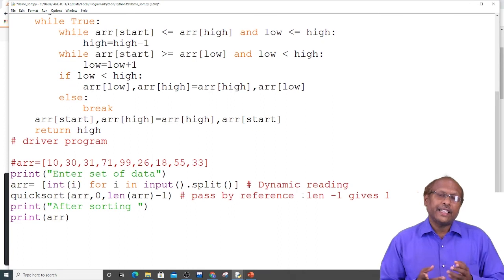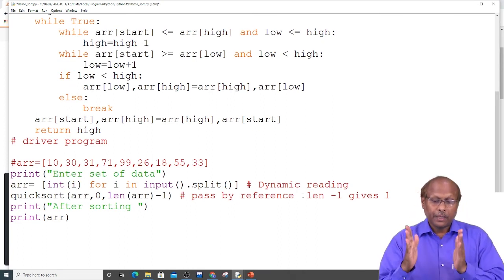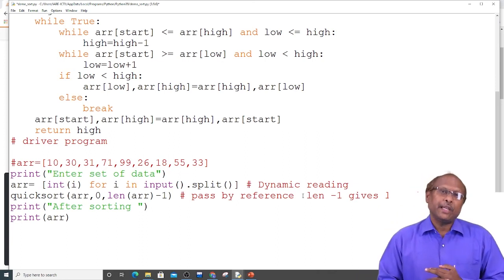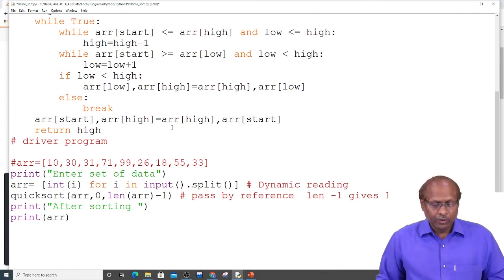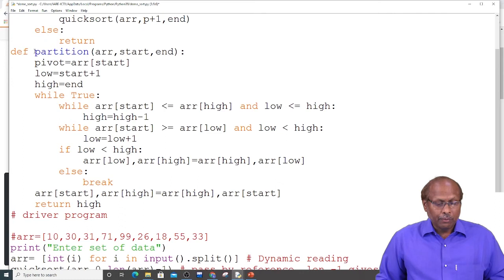So after getting the last index, you can start the process, because you have to go from 0 till the end. But if I give the exact length, it will go out of the boundary, so you may get a runtime error. To overcome this error, you write minus 1. This way you are able to solve this problem. So here in quick sort, the main typical part is the partition program. This part you have to understand very carefully.